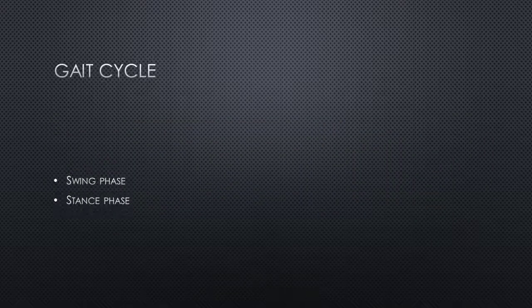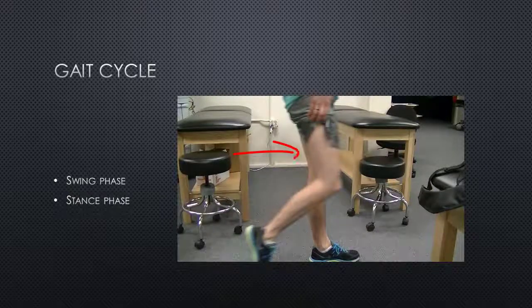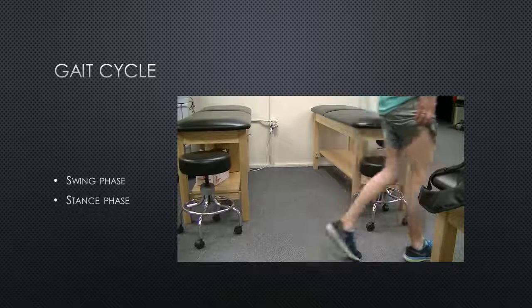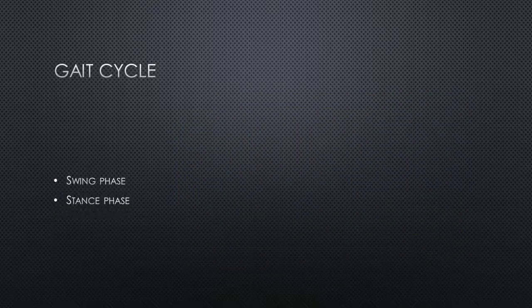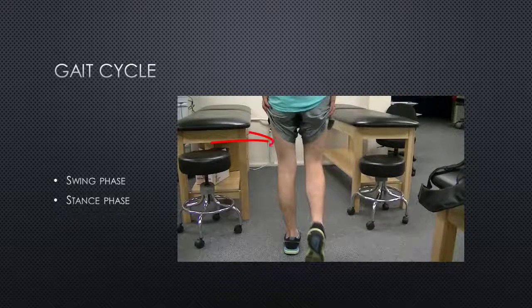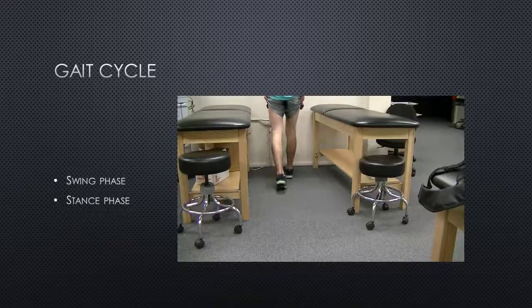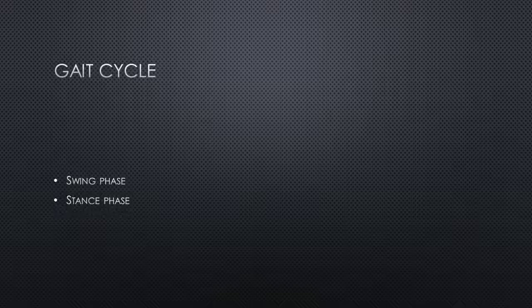During the gait cycle, we have two main phases to look at. During the swing phase, your hamstrings function eccentrically to help decelerate the leg. During the stance phase, the hamstrings assist in extending the hip and adding stability of the knee. So there's a lot going on with the hamstrings when a person is ambulating. Additionally, these two periods result in the highest forces on the hamstrings, so you're going to have obviously an increased